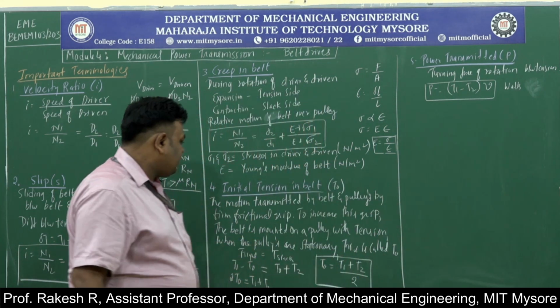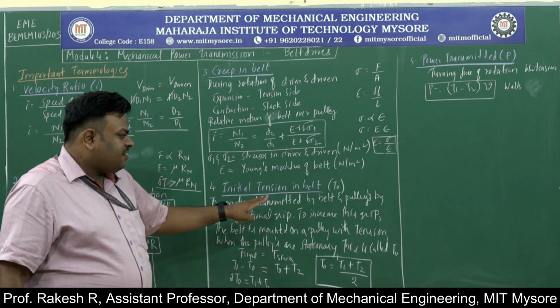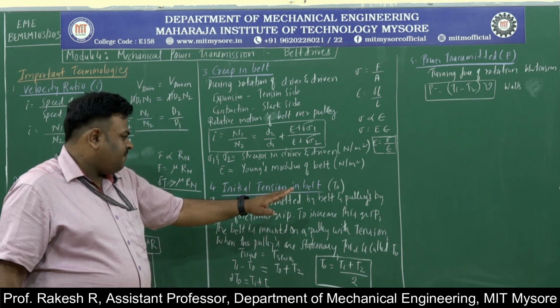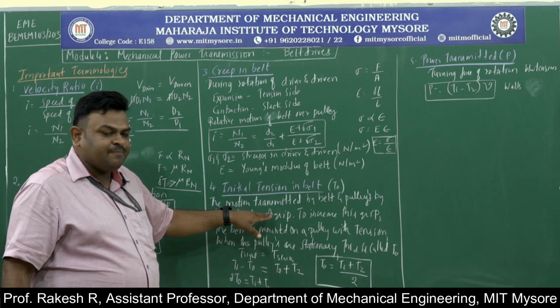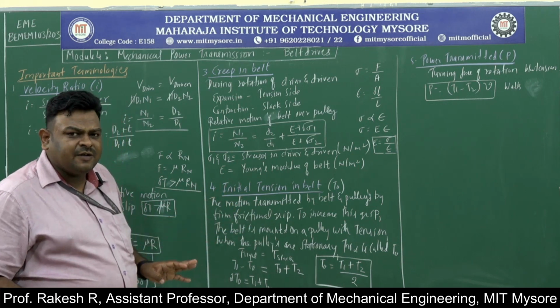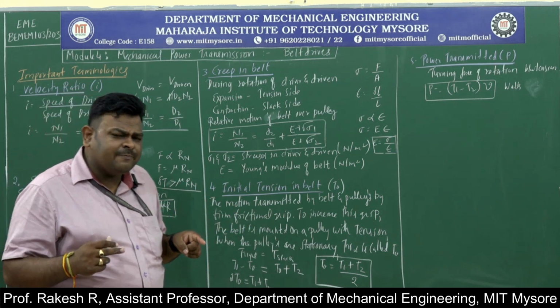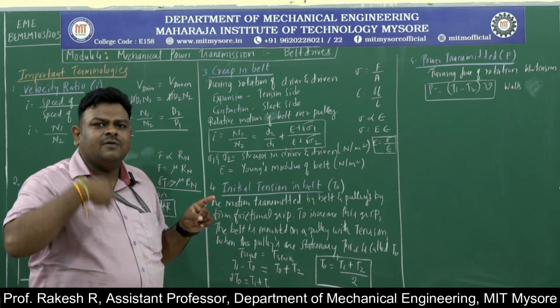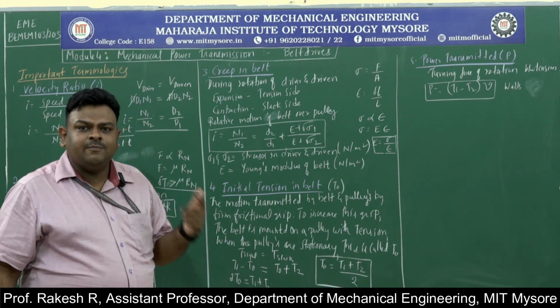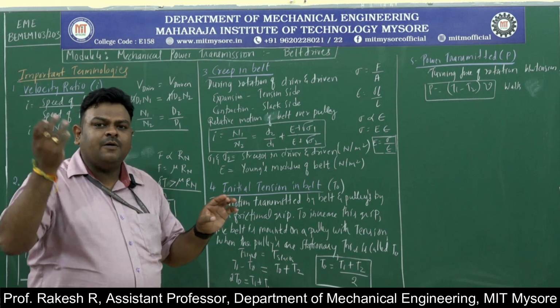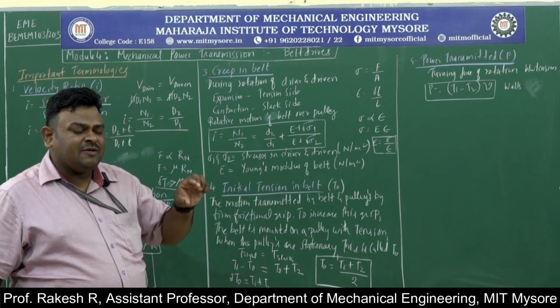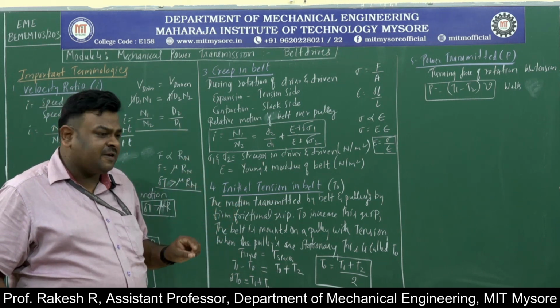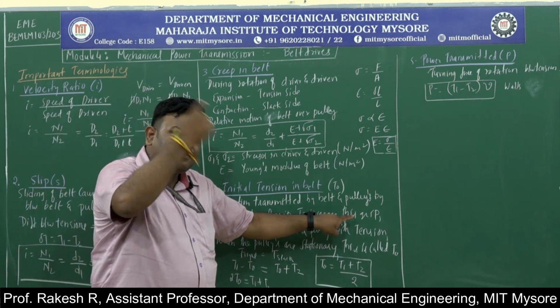Here, in case of initial tension, the motion is transmitted by the belt and pulleys by firm frictional grip. We need to increase the firm frictional grip even when it is in rotation. It should not become loose. The belt should not come out from the pulleys. So that's why we need to establish a firm frictional grip, and we need to increase it even when it